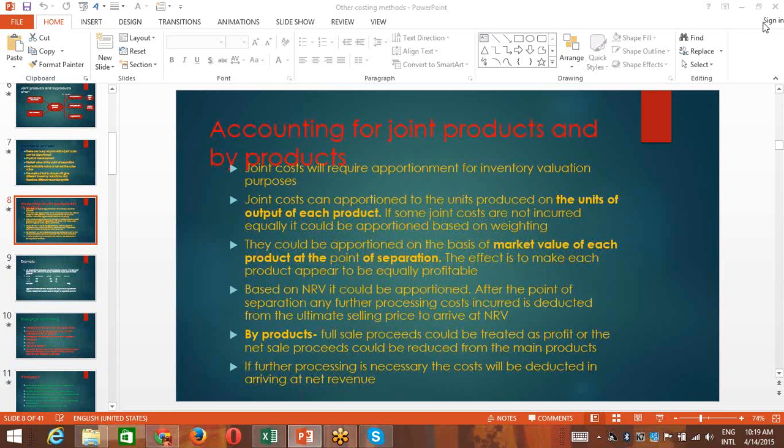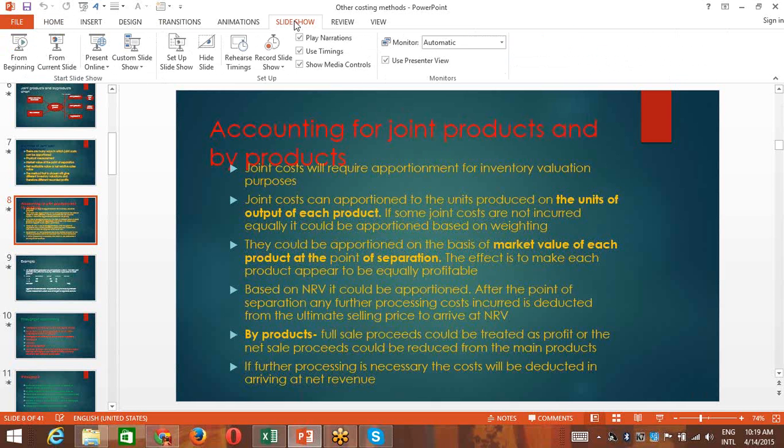Let's start off today. Remember, we have already done a few areas of costing. So what are the areas we have done costing on? We have done absorption costing, isn't it? Yes, we have done absorption costing. What is absorption costing? Where the overheads are absorbed according to machine hours, labor hours, or number of